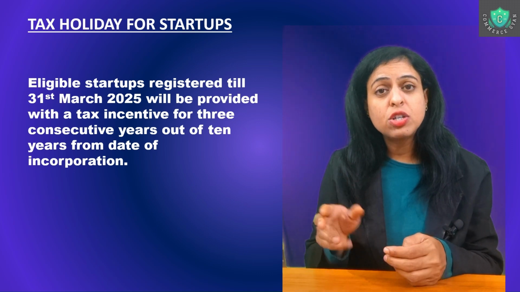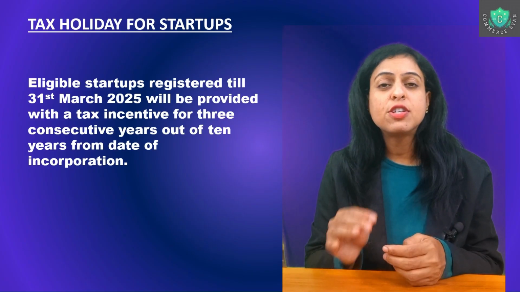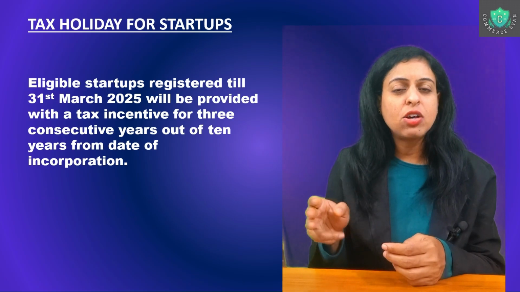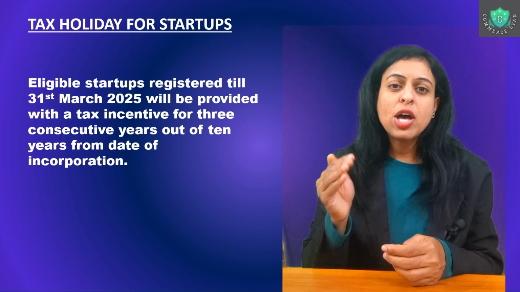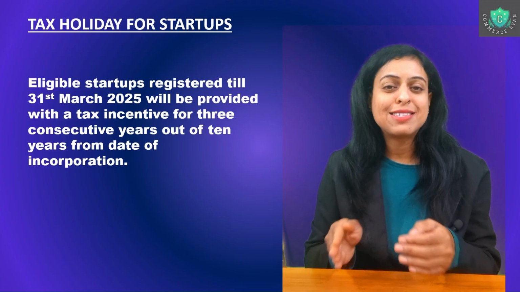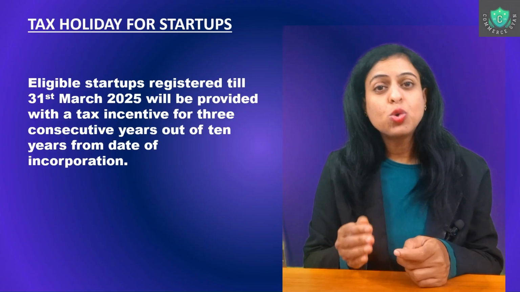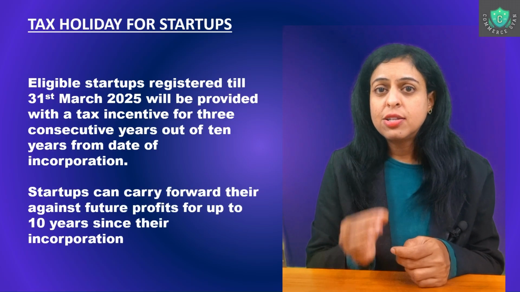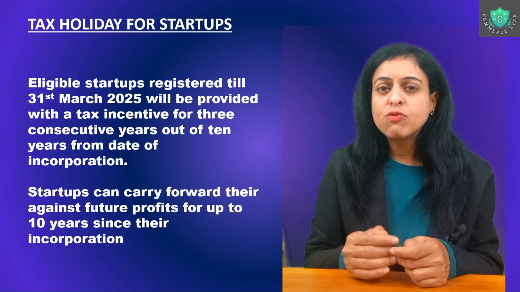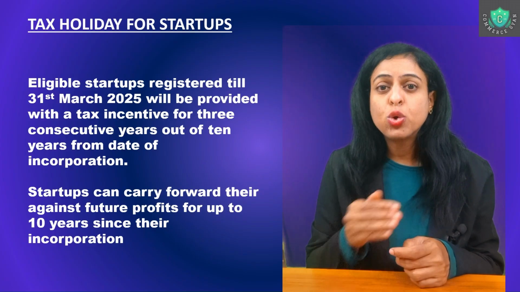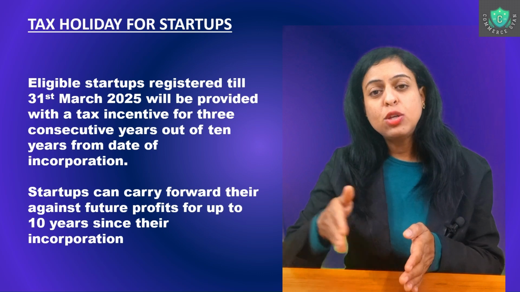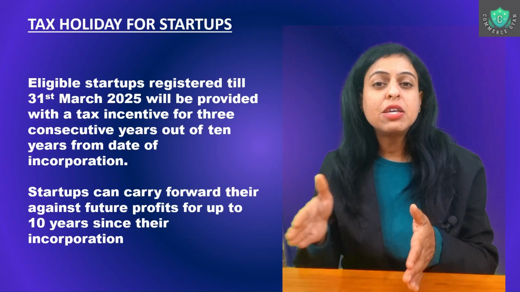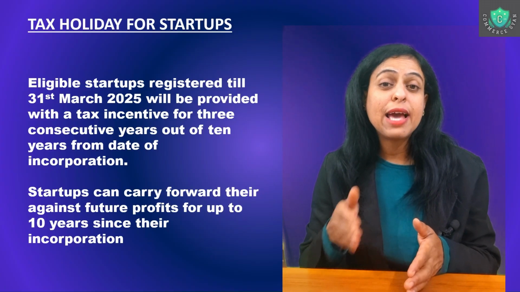These 3 consecutive years could be any three. So, if starting 5 years you suffer a loss, and after that you start getting profit, sixth, seventh, and eighth year also you can claim this tax holiday. So, as long as you don't cross that 10 years time frame, you can get the tax holiday. Also, if you faced losses in the initial years of your startup, you can carry forward these losses for 10 years down the line. So if first 5 years was a loss, then you can carry forward this loss to the 6th, 7th, 8th, 9th year. So 10 years from the year the startup was founded, you can carry forward the losses,